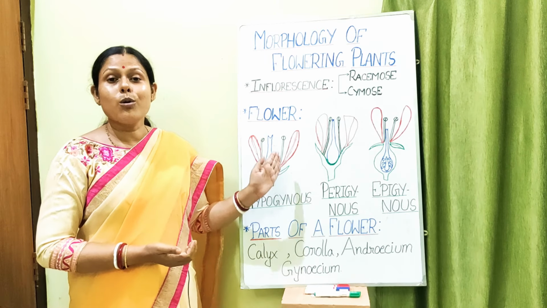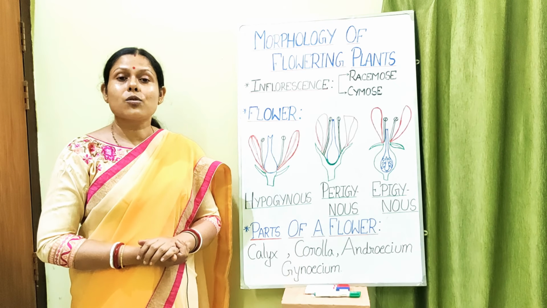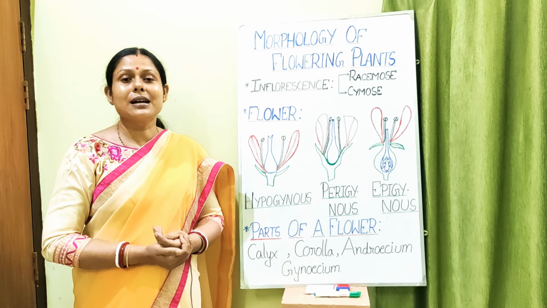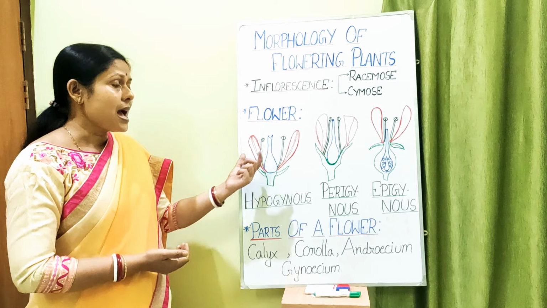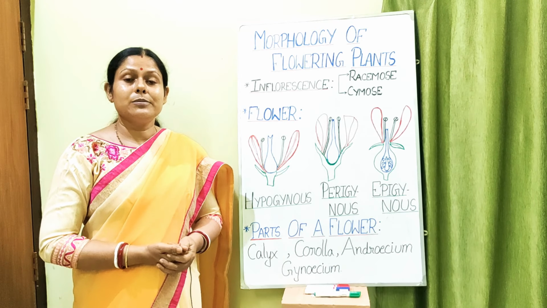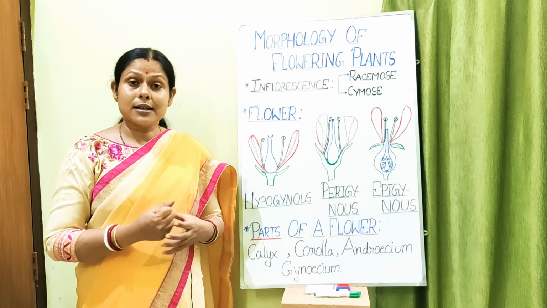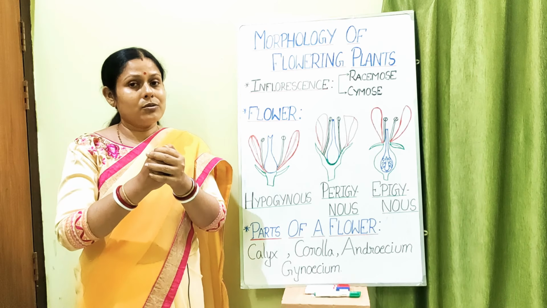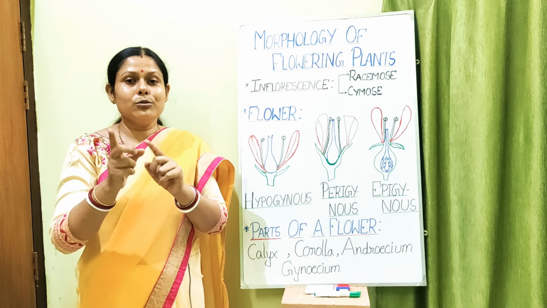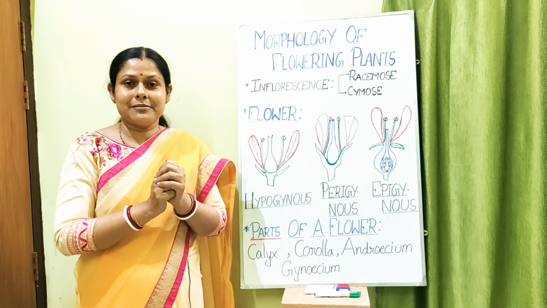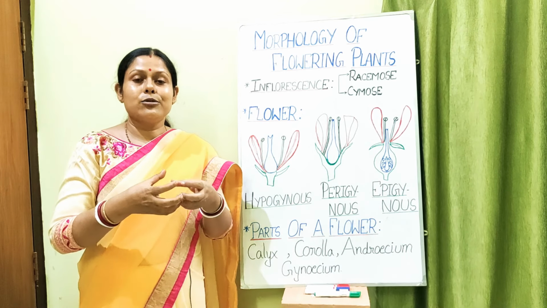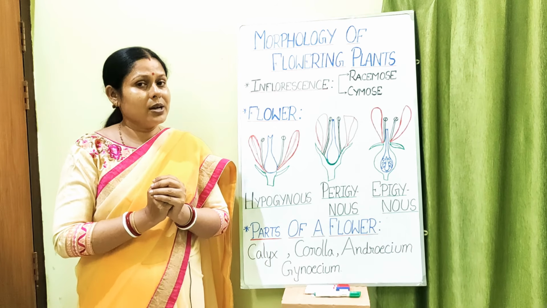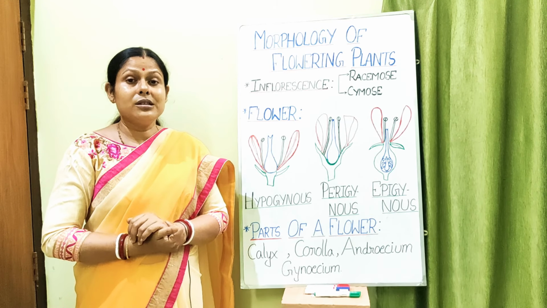And when a flower has all these 4 whorls in it, then it is called a complete flower. Okay, and when any of the whorls is missing, then it is called an incomplete flower. Now, androecium is the male part of the flower. Androecium is also sometimes united. It is called adelphy. So, when it is united to form a single bunch, it is called monadelphous. Monomial, binomial, trinomial, polynomial, you have read it in mathematics. So, similarly, when all the androecium present in the flower forms a single bunch, then they are known as monadelphous. Okay, you will get the spelling in your book, so please read the spelling properly.